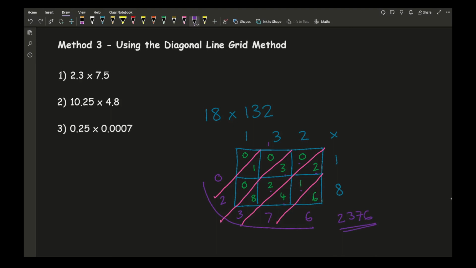Now, for time purposes, let's say we had a decimal point in there, so let me just add a decimal point. So let's say it was 1.8 times 13.2. Then again, I'm still going to have the digits 2, 3, 7, 6, but the question is, where does the decimal point go? Now, if I put my decimal point in 13.2, which is here, and I put my decimal point in 1.8, which is here,